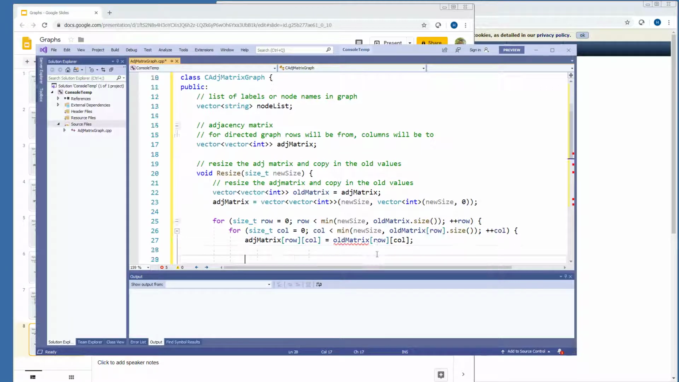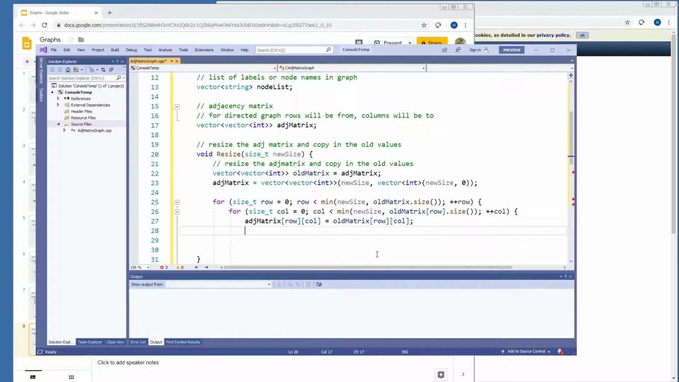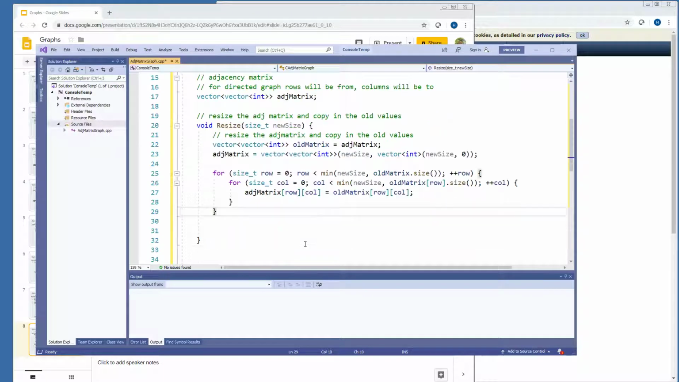So we're just copying in the values from the old matrix to the new matrix. And this is our resize operation that we need to perform